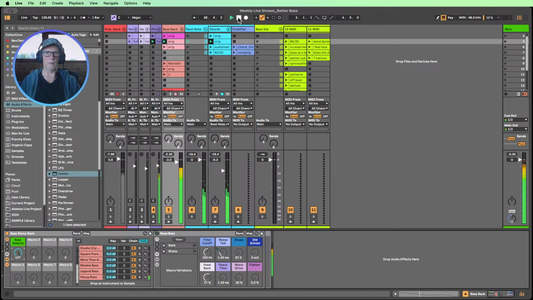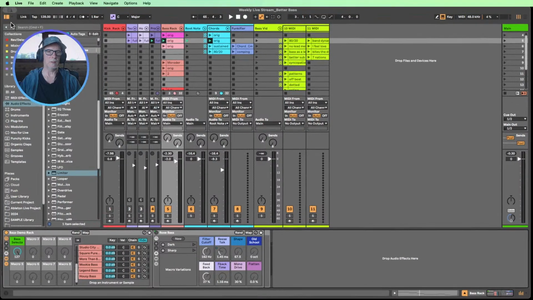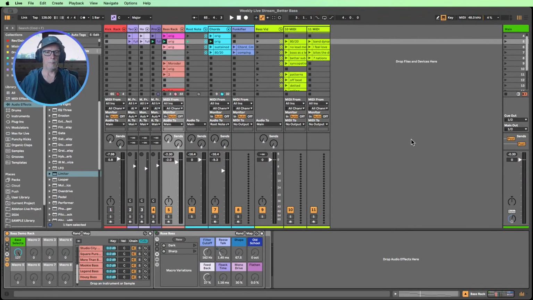So lots of different bass lines, different ideas, but the pattern can work. Some of these are better for that sustained bass and some of them are a bit too plucky.